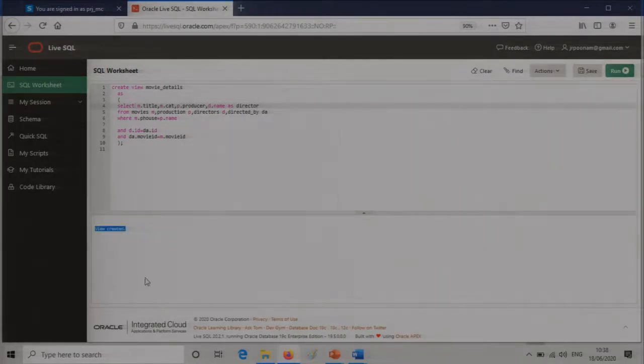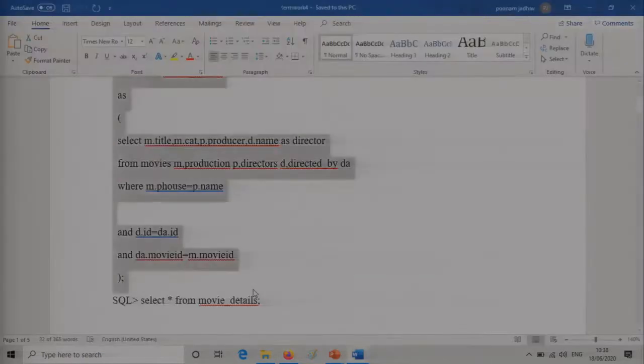Okay, I surely executed. I just pasted it here and I have created the view. So can you see the output? I was asking whether you are able to see this output, that is, view created. Hope this is visible to you. So the view has been created. It will not show any other output. Just like it tells you that the table has been created, it will tell you that the view has been created.